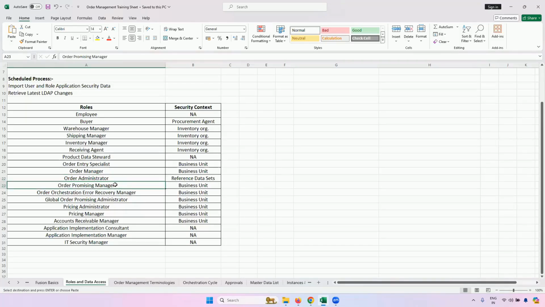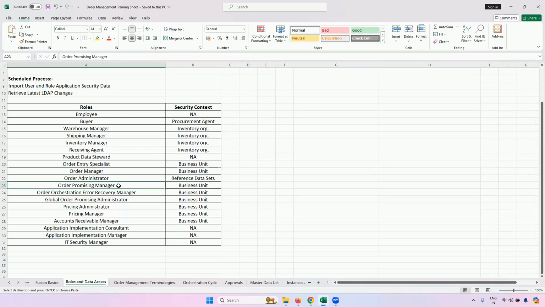Then there is order promising manager. In Oracle, we have a very nice module under order management known as global order promising. Suppose there is an order for some item.